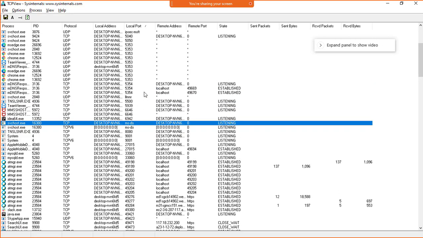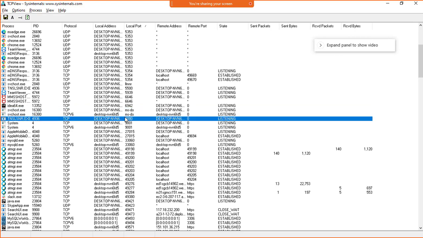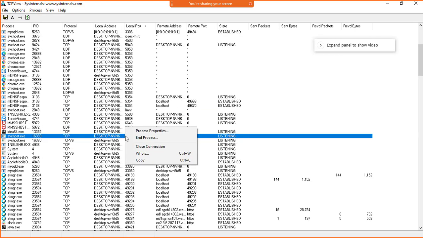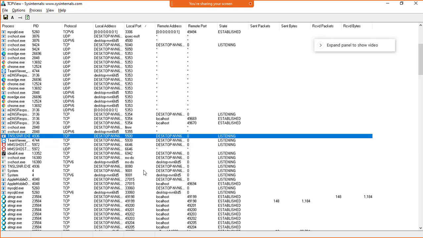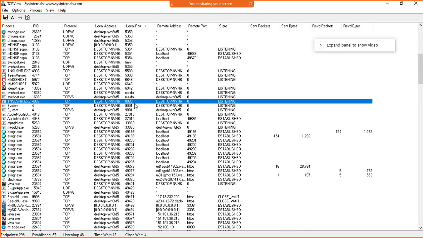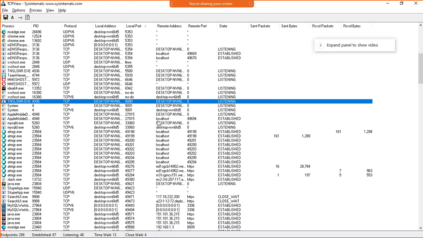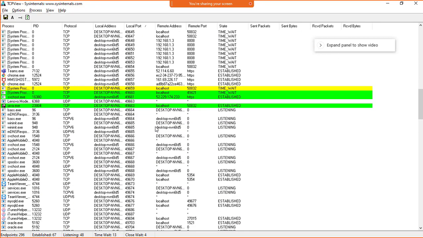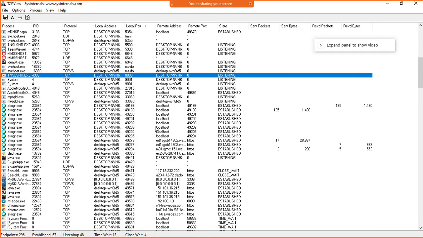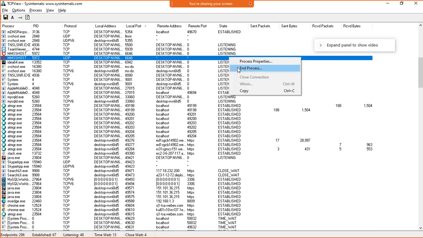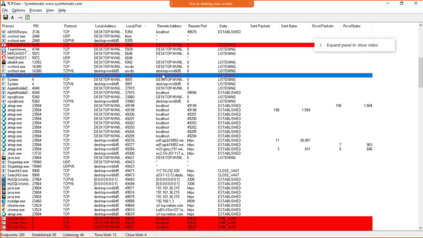right? Now you see end process, it should end 8080 port number, right? In the background. Now it is ending.